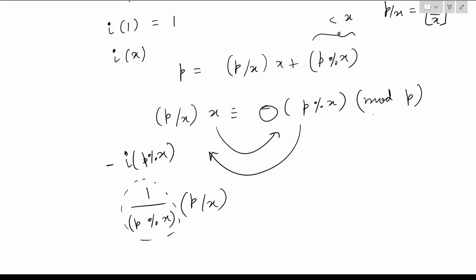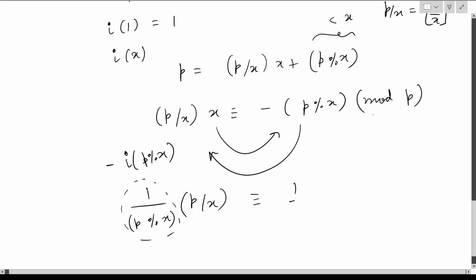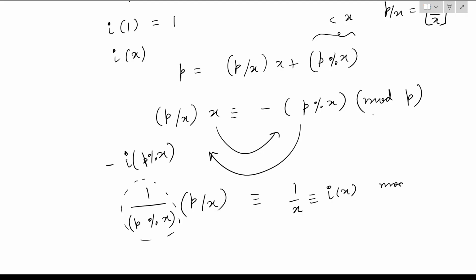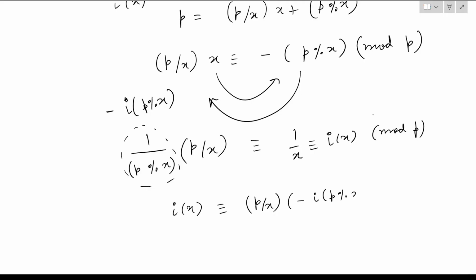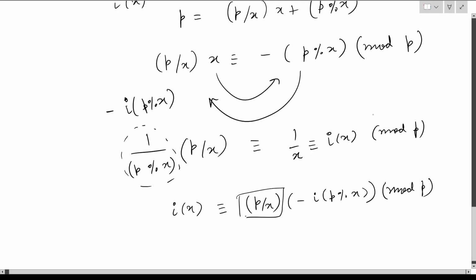times -1, that's just this negative sign, and this is congruent to 1 by x, or I of x mod p. In other words, we've shown this formula that I of x is congruent to p by x times negative I of p mod x mod p. And the reason this is so useful is because this value is just all about dividing two numbers, and that takes order one time. This operation,